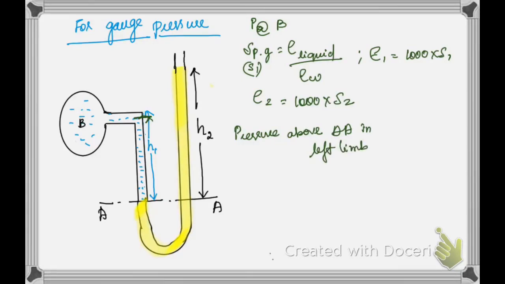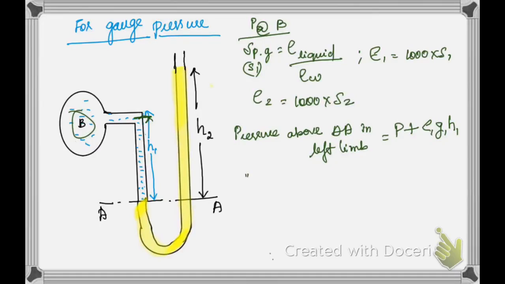How we are going to take this is, we will be using our hydrostatic law. So we have to measure the pressure at B. So P plus, we have taken that pressure as P, and this we have to take into account, that is rho 1, G1, H1. So I am using the hydrostatic formula.